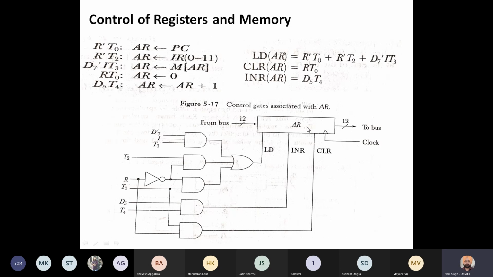Similarly, there are 9 registers which we are considering in this design. So separate electronic or digital circuits need to be designed for each register. We need a circuit designed to control the memory operations, a circuit to control the operation of flip-flops, and a circuit to control the operations of the data bus.